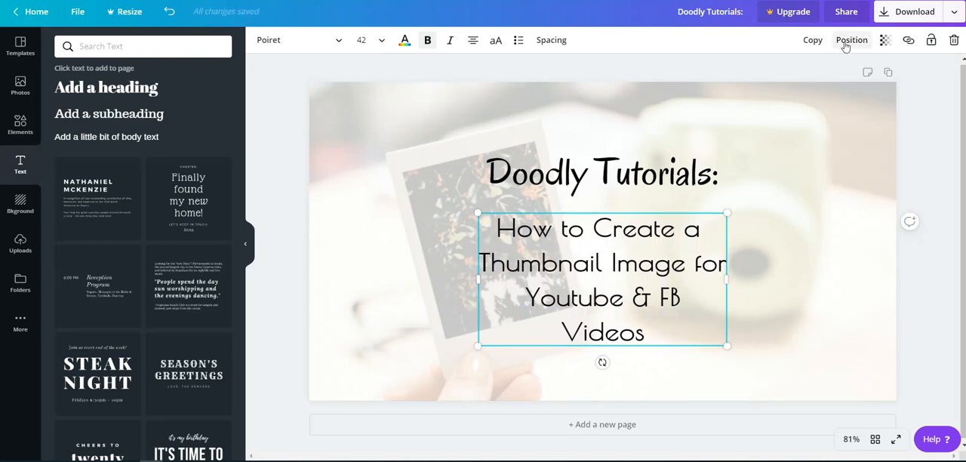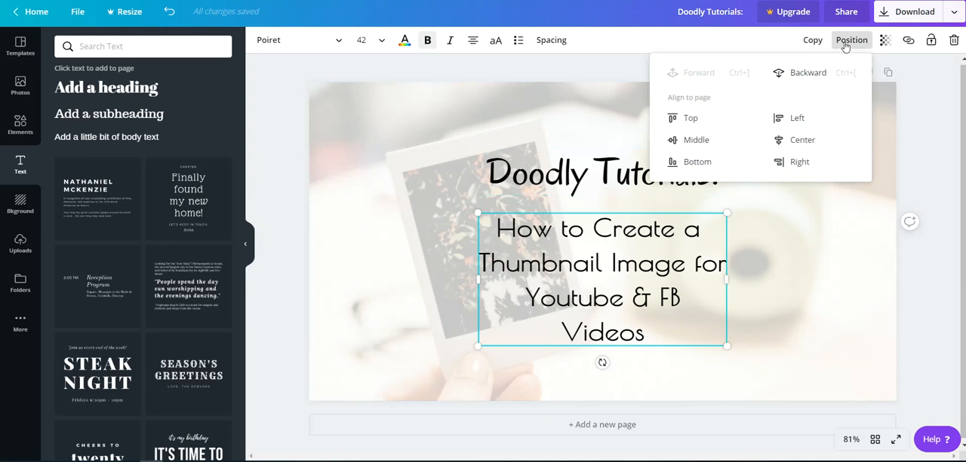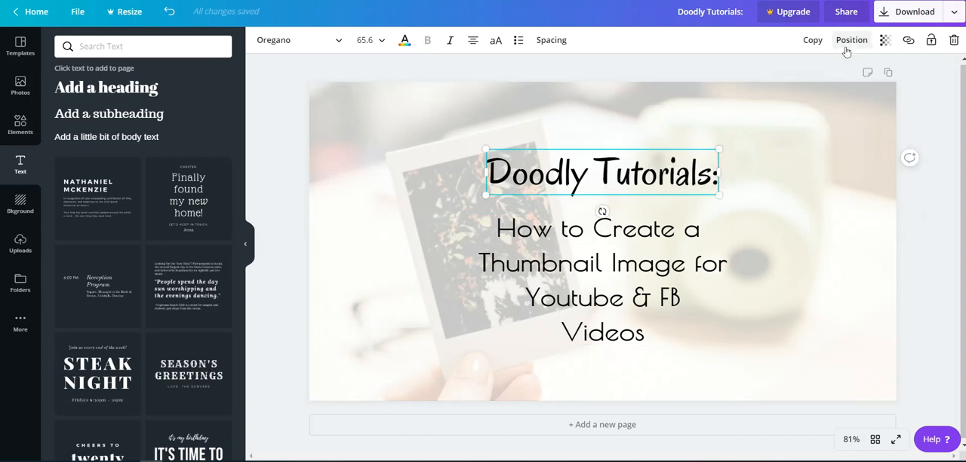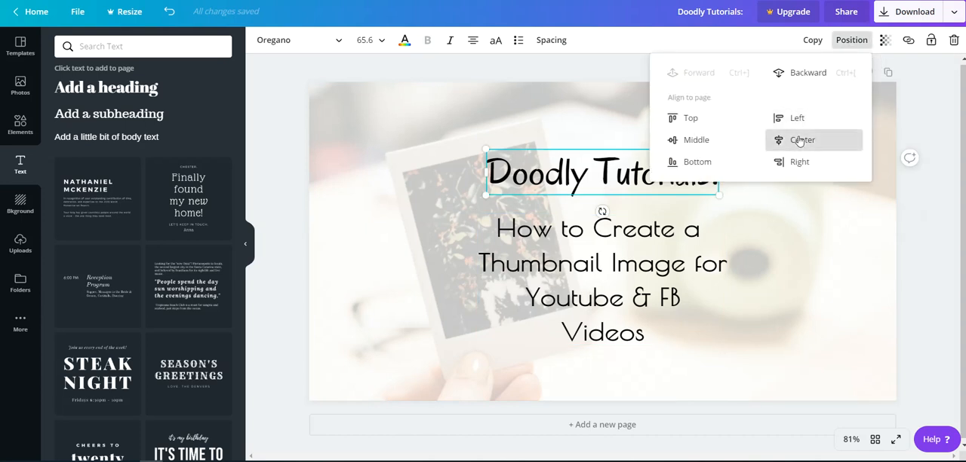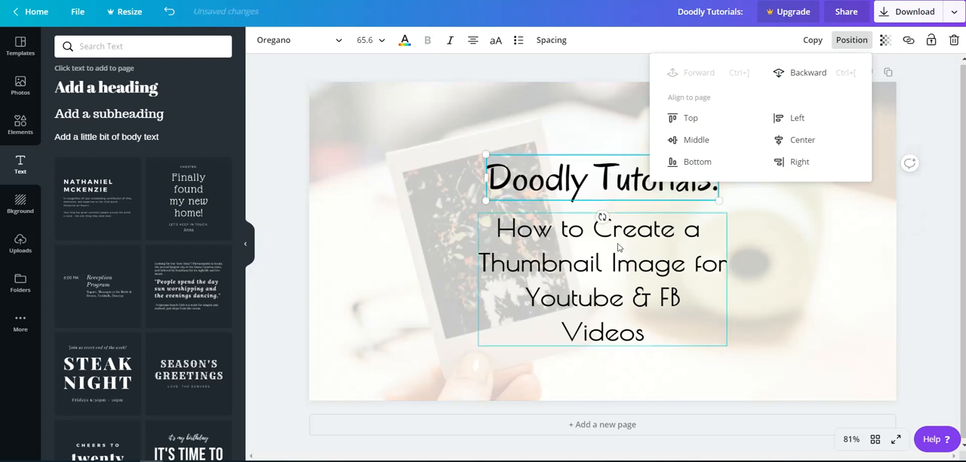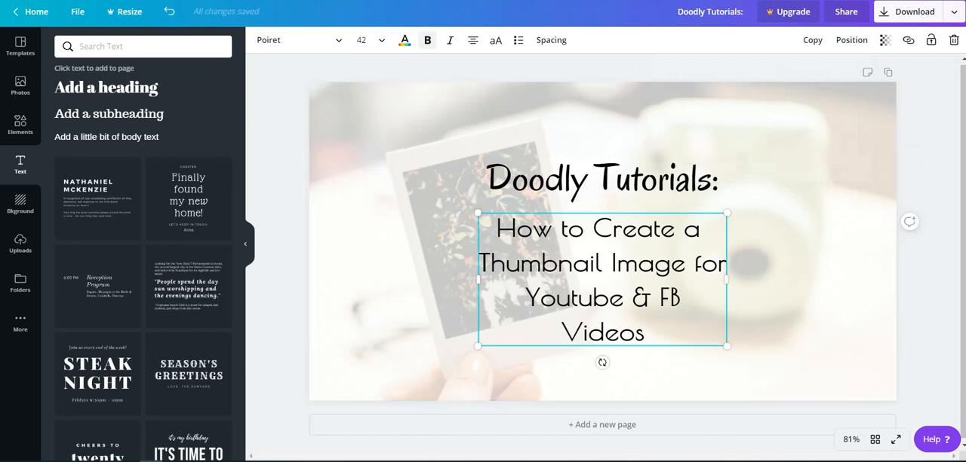If you want to make sure it is properly positioned in the center, you'll hit center. That'll make sure it is centered horizontally, whereas middle will make sure it is centered vertically. In this case, I want it centered horizontally, but not vertically, because one's going to be a little higher than the other. And to resize it, you can drag it out on the corners,